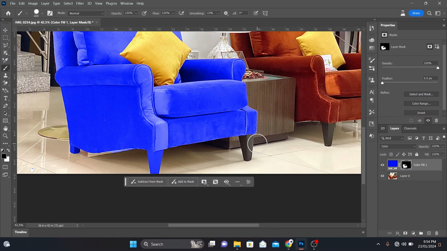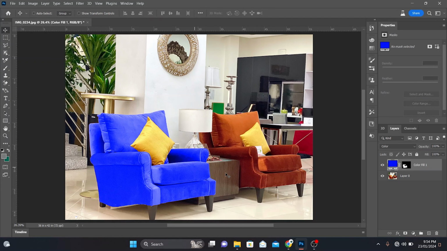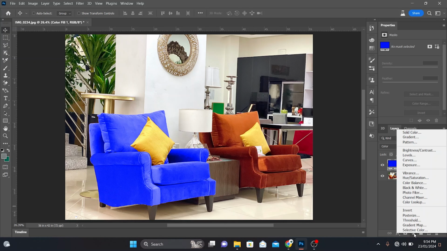So just click on it and clear the color out of the legs, because you don't want the legs to have the color. You just want to change the body, and any other edges where it is necessary, you can easily clear the color out of the edges. But don't get too close to the sofa so that you don't destroy the design. So that's it. We have the legs back, and so select out of the brush tool, go back to your color, and we have to add another adjustment layer of